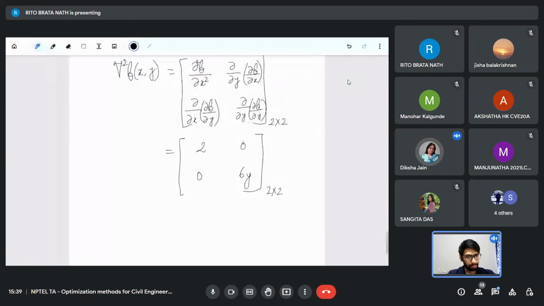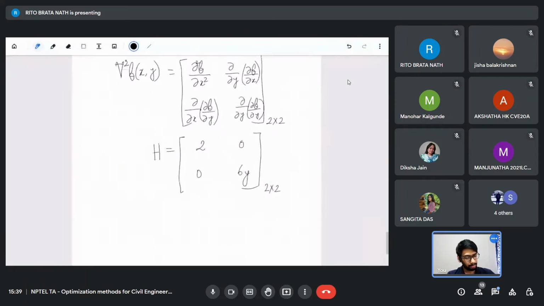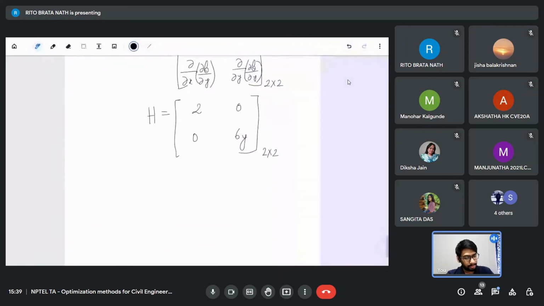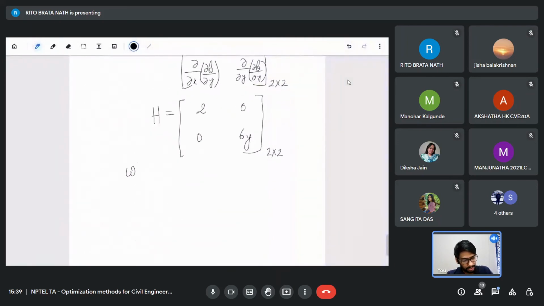Okay, so this is your Hessian matrix. You can write it as H as well. Now you might have a question like, what is the value of the Hessian matrix? It's not a single value, it's a matrix anyway. So what is the Hessian matrix